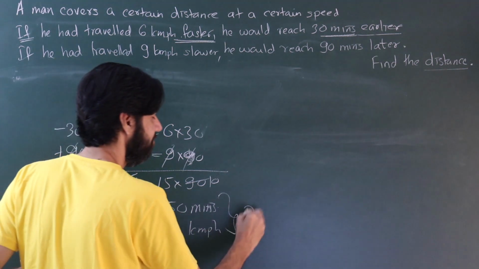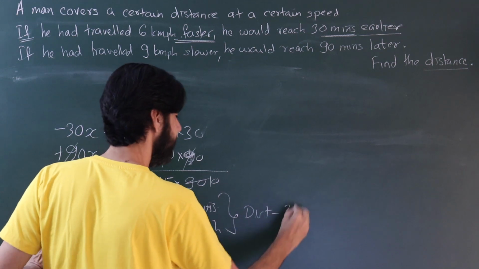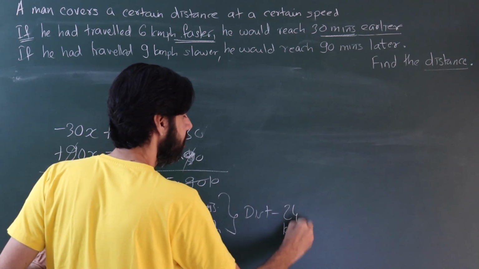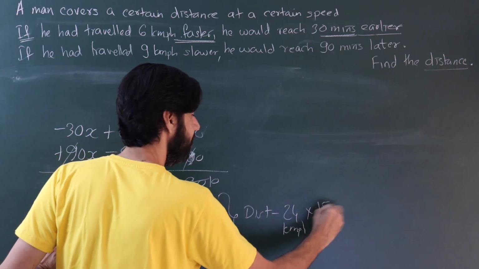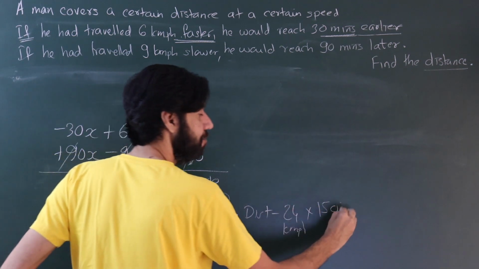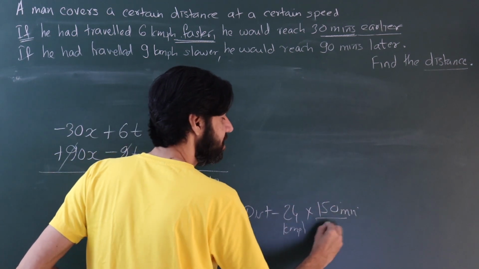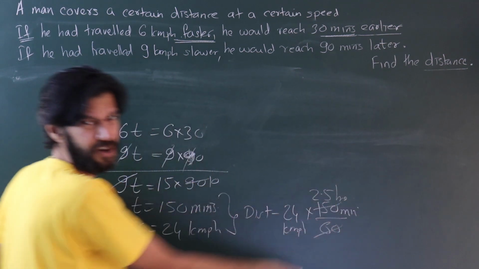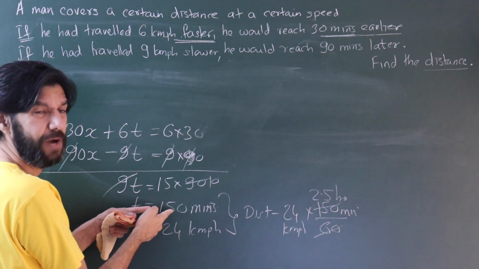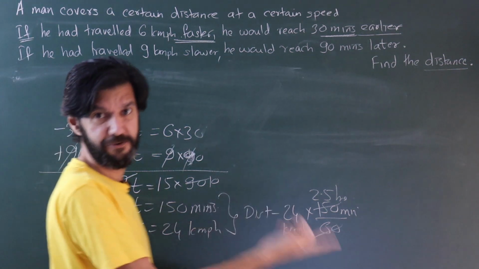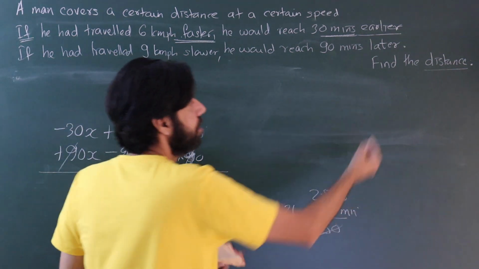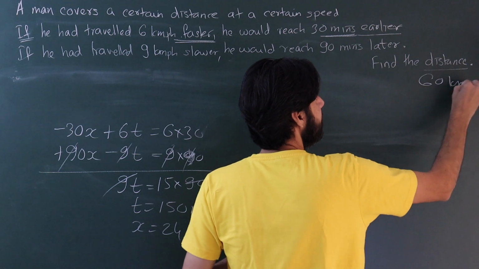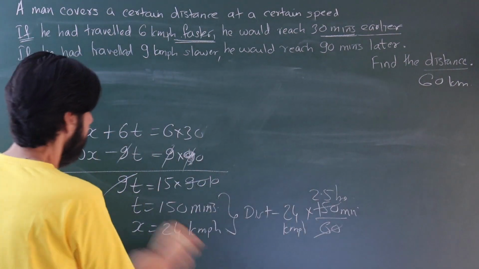So from here I'll find my distance, and now since I'm finding a distance, remember I'm not equating it somewhere, so I can't find this numeric value because this is in minutes. So obviously I'll do it this way. Anyways, you should know this. This is 2.5 hours in your mind, not so much pencil work, right? 2.5 hours. So 24 and 24, 48 and another 12, 60 kilometers is the distance.